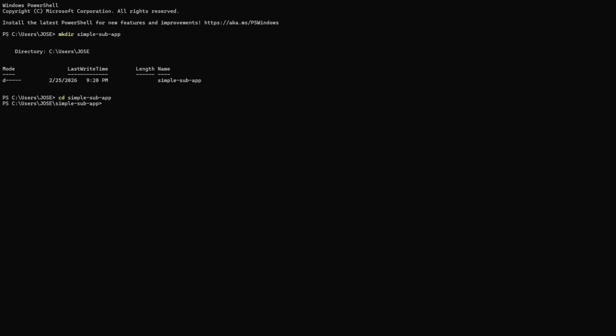Next, initialize your Node.js project by running npm init -y. This command creates a package.json file with default settings. Now, you will need to install the necessary packages. Type npm install express stripe dotenv to install Express for server management, Stripe for payment processing, and dotenv for environment variable